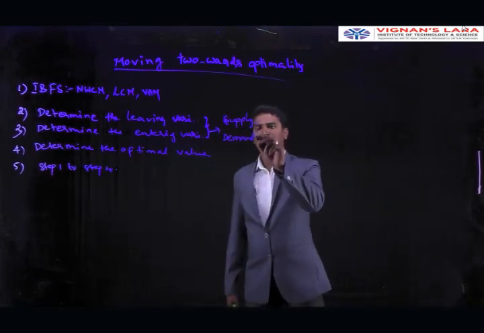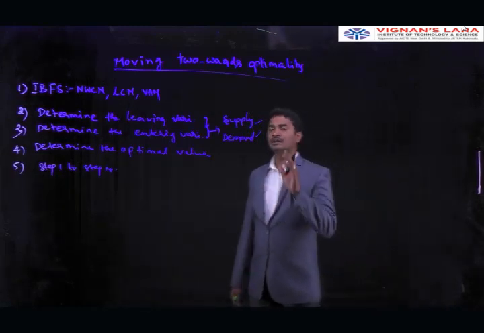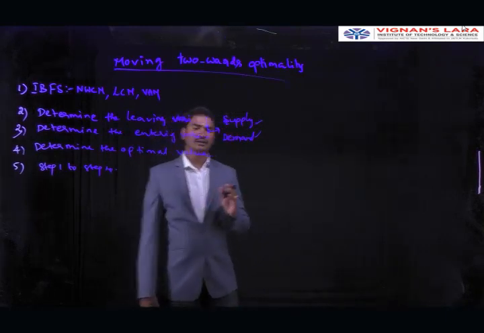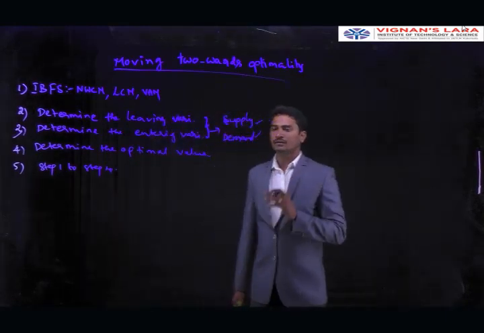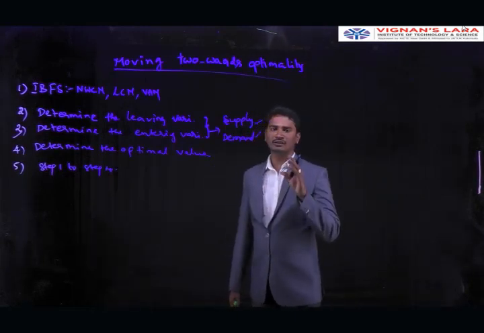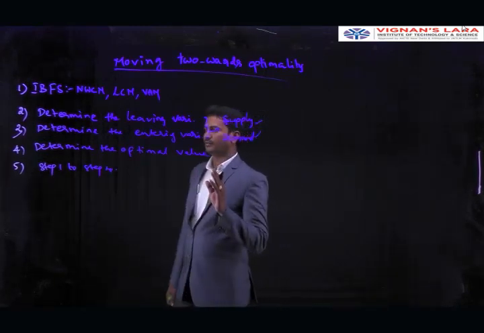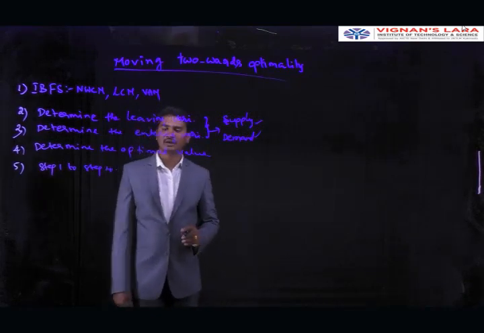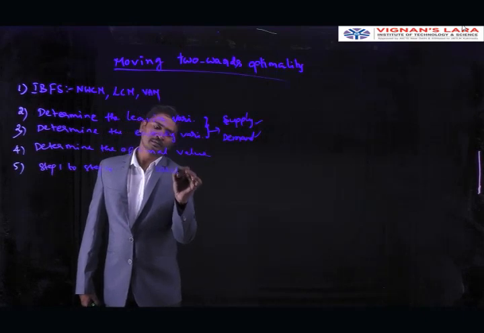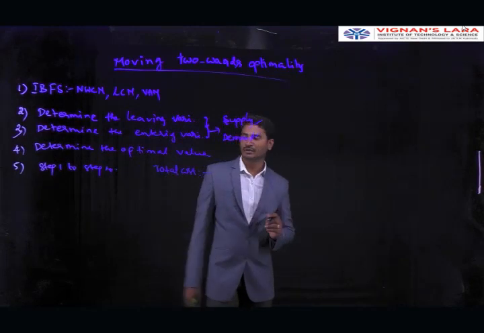Here we take the minimal unit cost, and that is the leaving variable. Then we enter the new commodity for that allocation. We allocate the new commodity for that particular row or column at the cost values. Then we find the optimal value. How do we find the optimal value? After finding the total cost, we get some solution that is called the optimal value here.